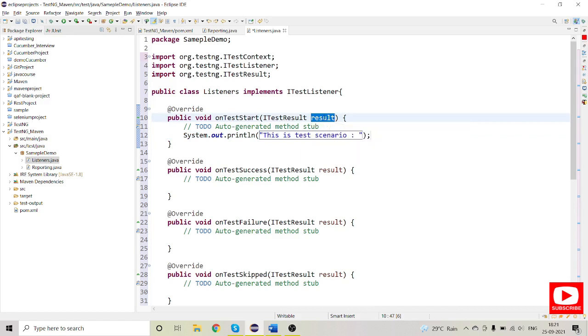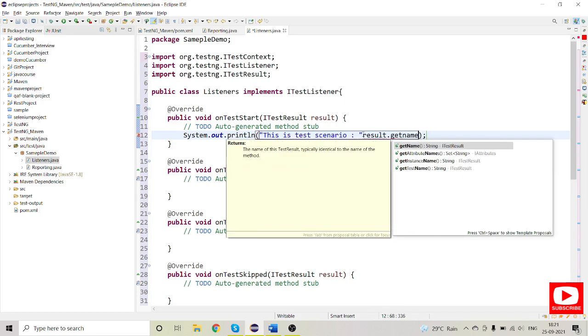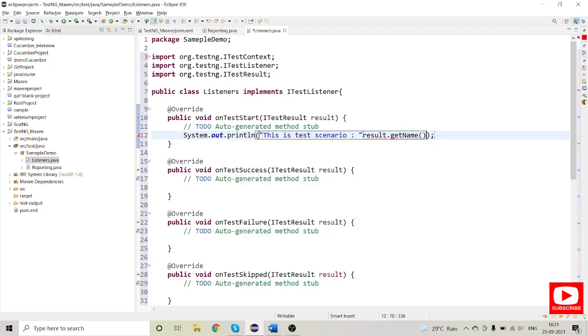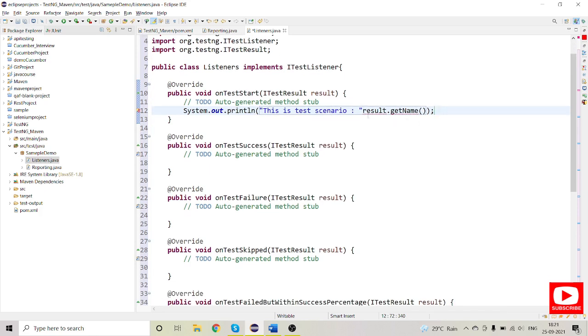So we will copy that, and using that we will put it in this sysout and put a dot and use getName, so that this will get the name of your method or TestNG annotation. Right, now we need to use a concatenation here. Yeah. So likewise, I will add all the sysouts for all the methods.